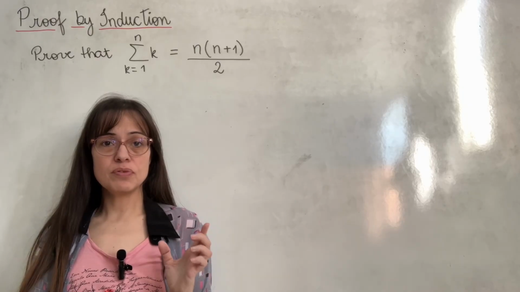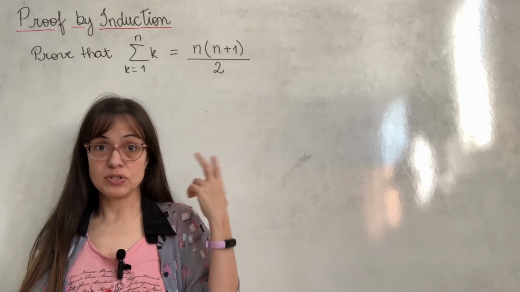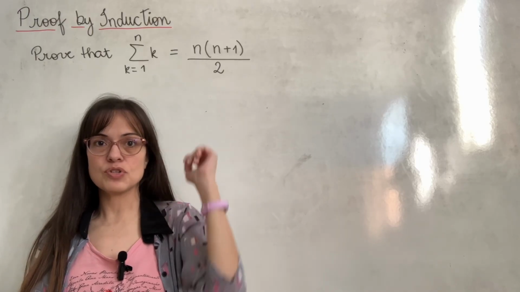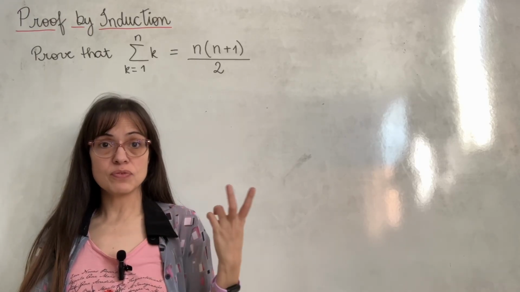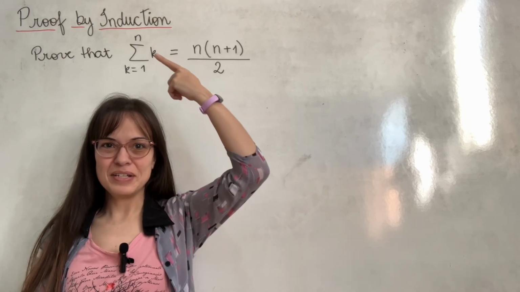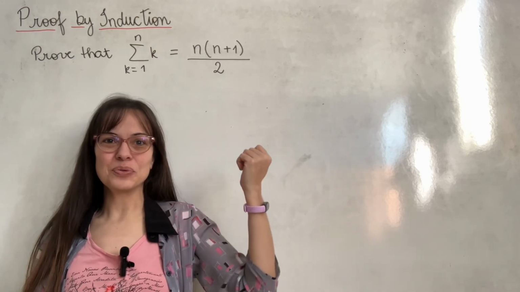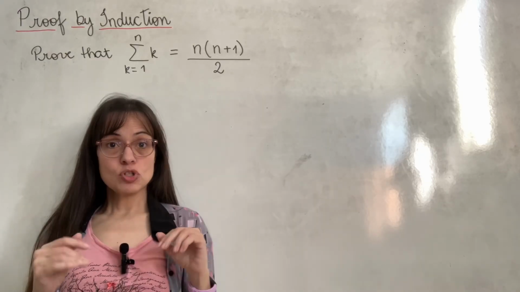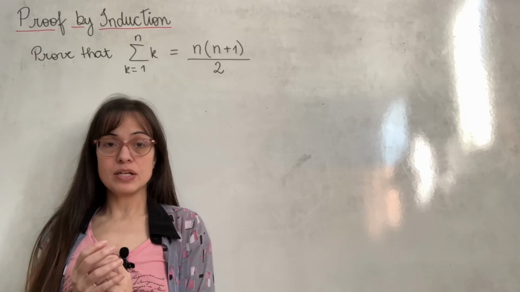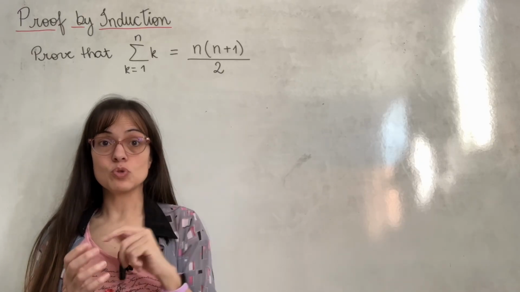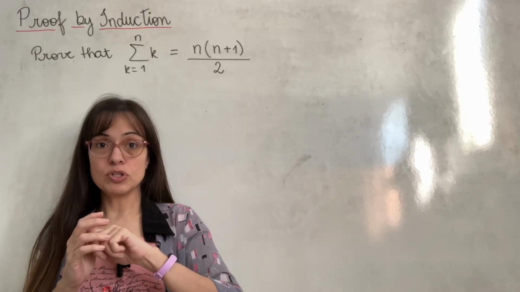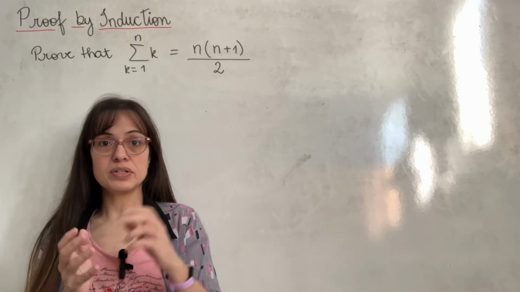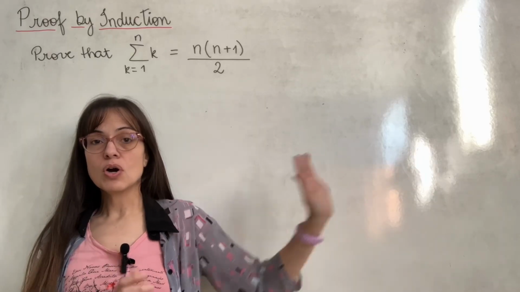So basically, the principle of induction is used to prove that a certain statement, in this case this equality here, that this sum is equal to this fraction, is true for all values of n. All values of n starting at n equals 1 and going through the other natural numbers, right? Because that's what makes sense in the summation here. So it's always integers. There's always a first case, which in this example is n equals 1. And after that, I want it to also be true for all the other integers. So it's valid for n equals 1, n equals 2, n equals 3, and so on,